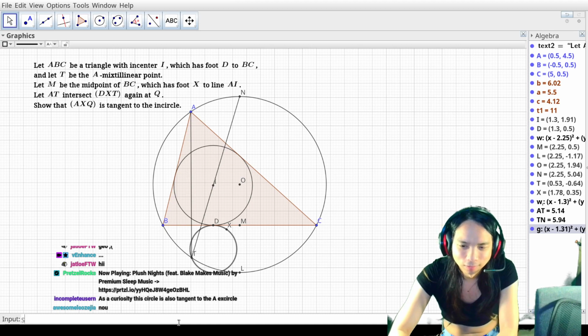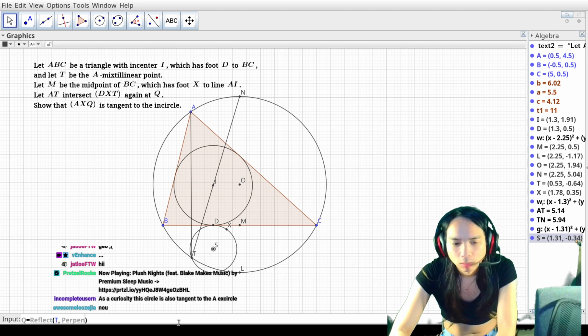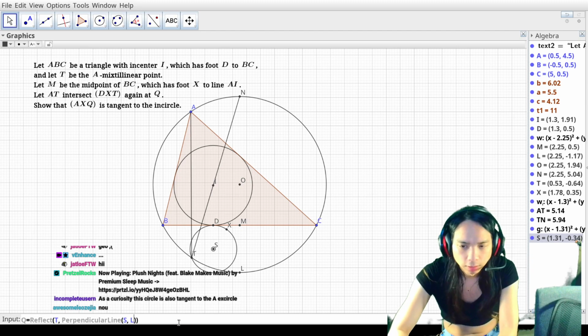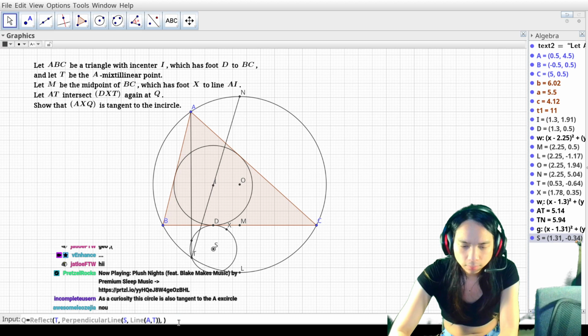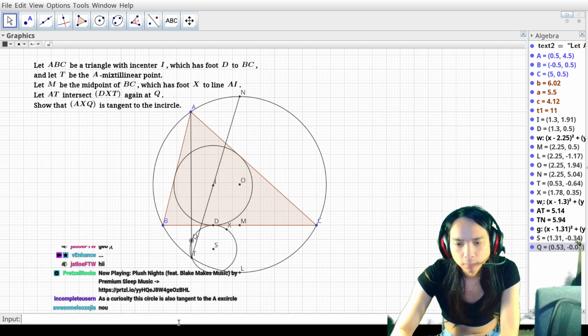Well, okay, we'll do this. So we'll let S be the center of the weird circle so that I can do the reflection trick. S over line AT. Okay, so there's Q, and then